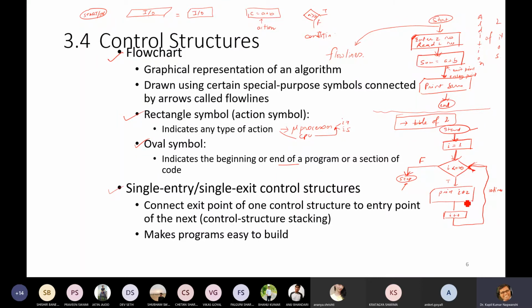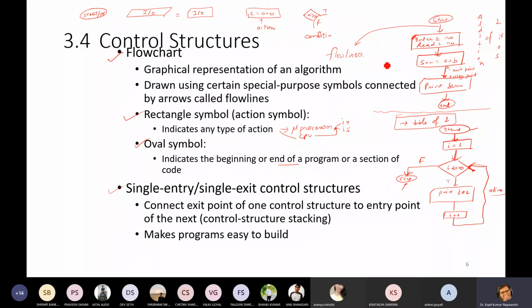Because the value of I is 1 to 10, and multiplied by 2 it gives 2, 4, 6, 8, 10, 12, likewise. So this loop will run 10 times. As long as the condition is true it will run, and if it is false, it will stop.